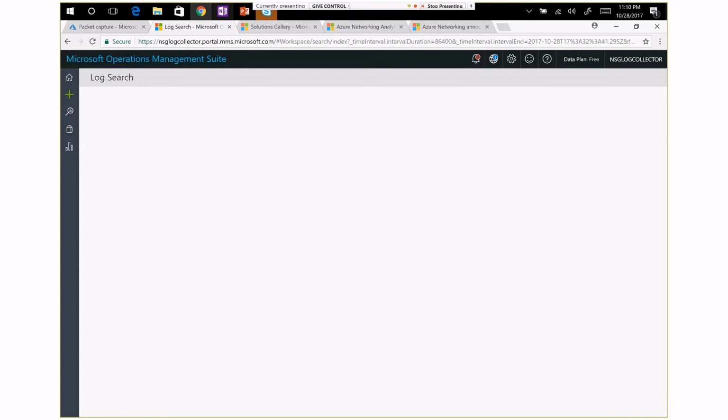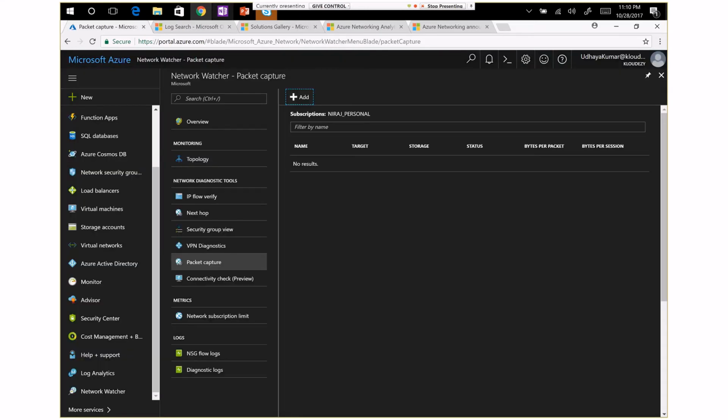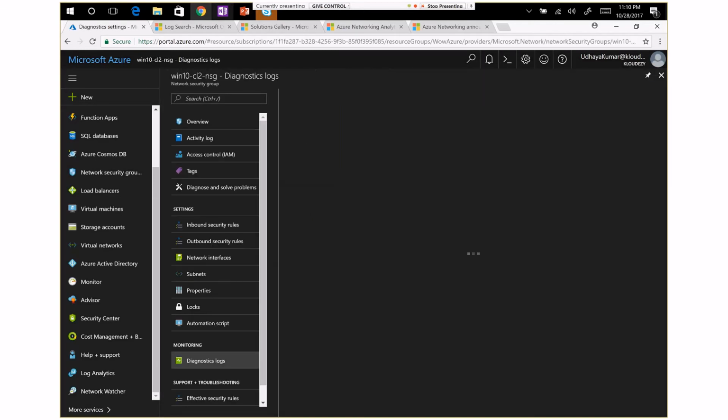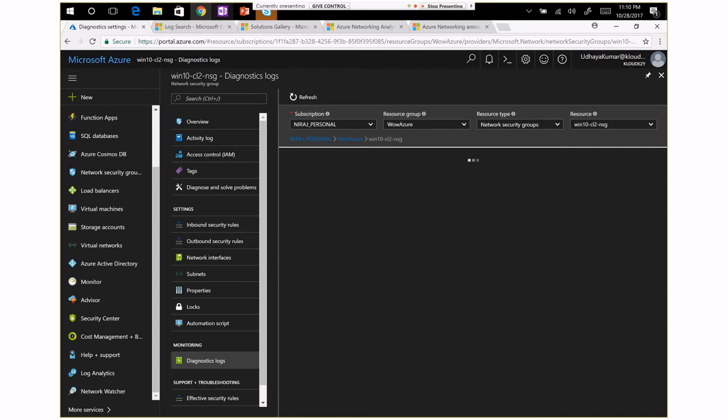Yeah, that's how you will integrate your NSG flow log. Once you integrate, that gets imported into OMS, and you can perform different kinds of analytics and analysis, and that will help you to really determine the root cause and the actual problem of your packet drops. So, that's why you would use this feature to quickly identify the problem.